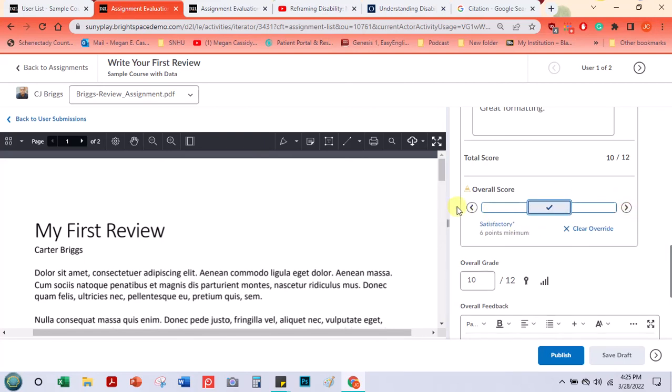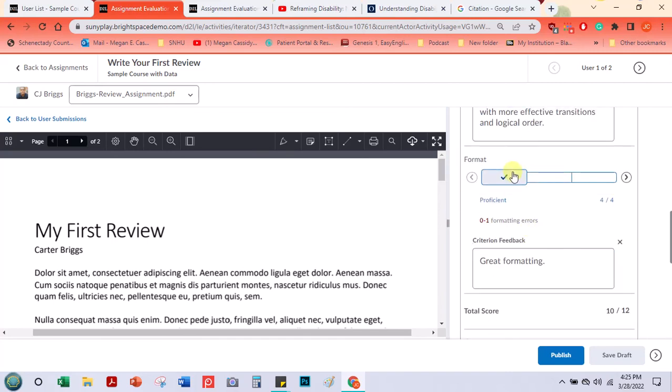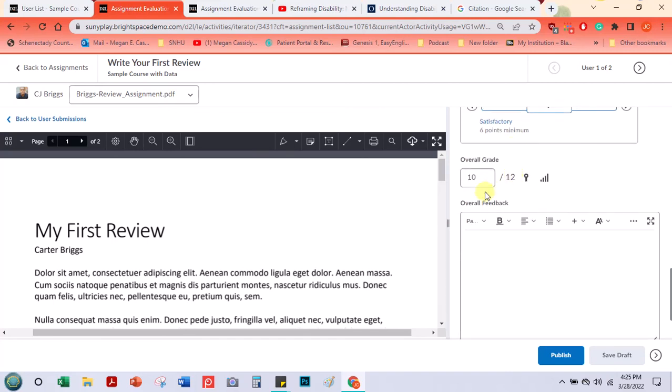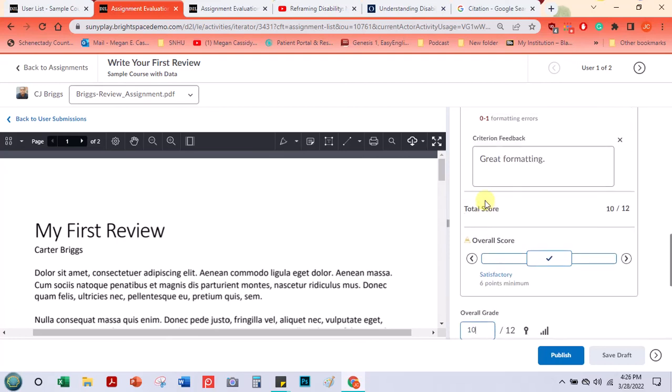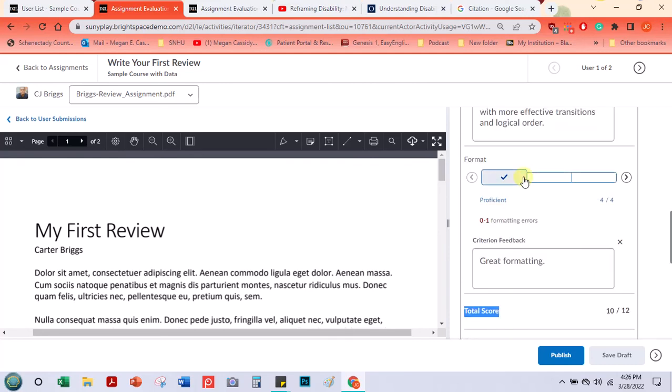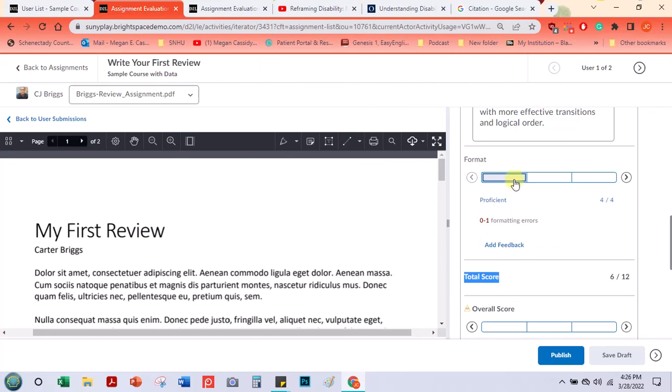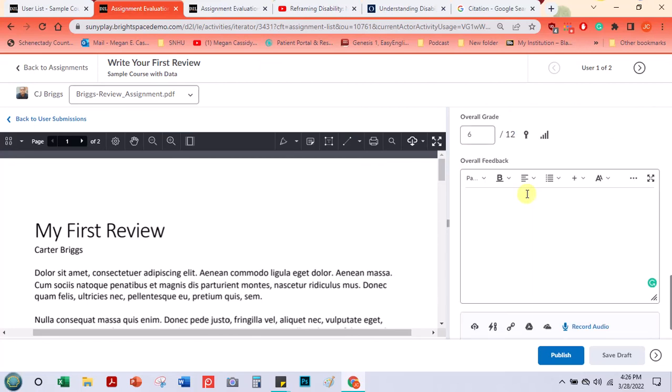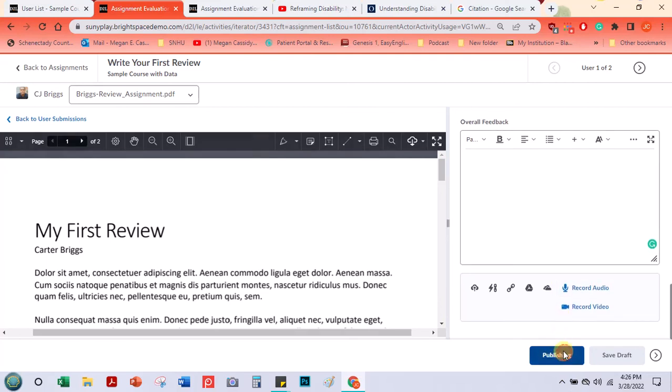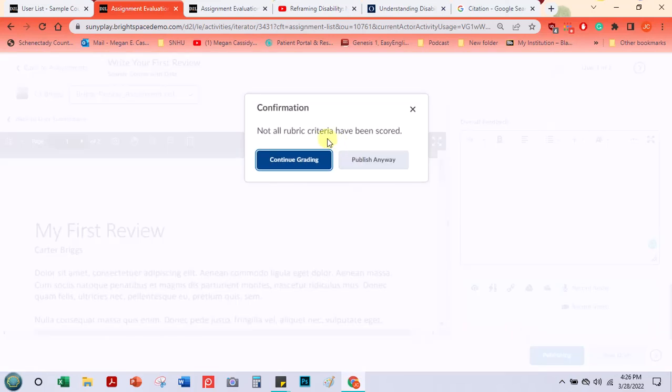So it gets a little bit tricky. So just be careful of that. Then you can type your comments here. Double check to make sure that the grade is the grade. It's really easy as well to not have that part of the rubric checked, although I think it should give us a little notification if I go to publish. Yep, not all the rubric criteria have been scored,